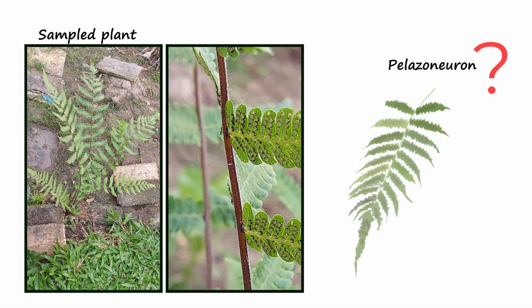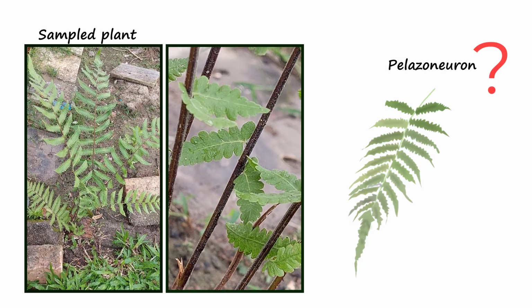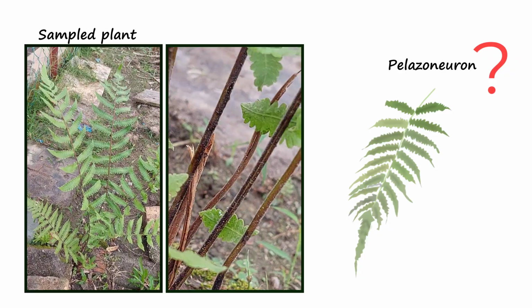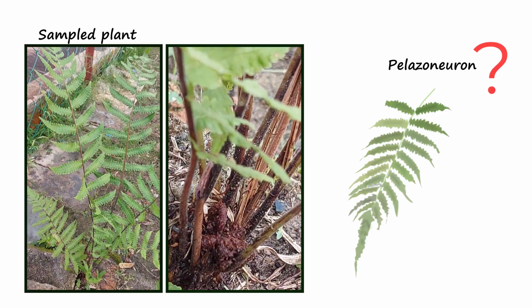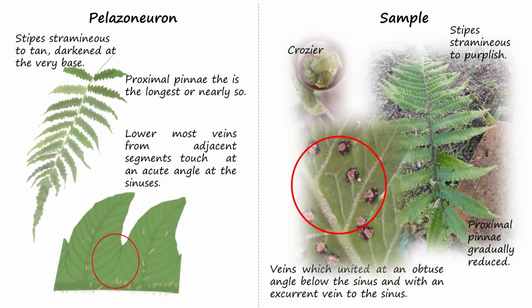Google Lens identified the sample plant as the fern Pelargoneuron. It's definitely a fern as there is a crosier present, but probably not Pelargoneuron. While the sampled fern and Pelargoneuron share the pinnate-pinnatified leaf structure, the sample differed from Pelargoneuron as the sample's veins